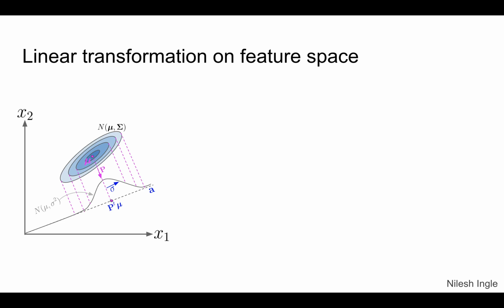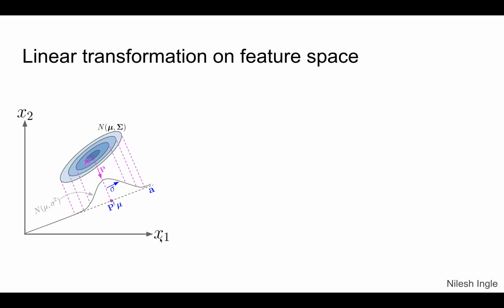Now, how those distributions can be transformed in linear features, can be transformed in feature space. So here, in this first example, we have this distribution given by this particular relation notation that we have seen before, and this is a contour plot with a centroid in the center denoted by mu, so that's the mean. And if we project that on this line a, p is for projection there, we get this distribution which is now denoted by mu of sigma squared. So that's the normal bell-shaped curve that we see,